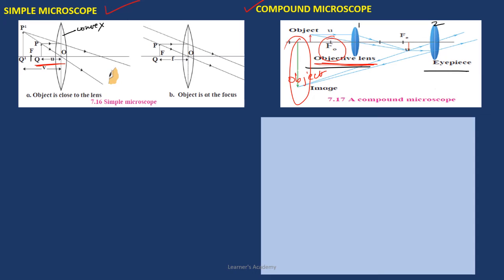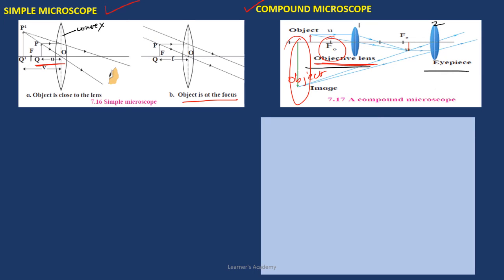simple microscope, the magnifying power is much less as compared to a compound microscope. And the other point of difference that I want to tell you is that a simple microscope is used to repair minute parts of watches, to read words in small prints, that's it. But a compound microscope is used to observe blood corpuscles of plants and animal cells. All right, it is used in the laboratory to check the blood samples.